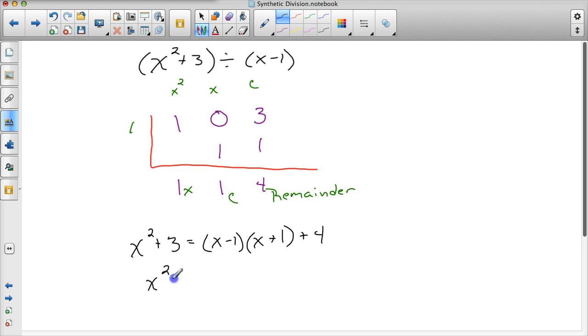I drop my x squared plus 3. That's not changing. If I remember that x minus 1 times x plus 1 are conjugate pairs, they form the difference of two squares. So when I multiply them together, I get x squared minus 1. Then I have plus 4. When I simplify what I have on my right side, I have x squared minus 1 plus 4, which is x squared plus 3. I do have the same thing on both sides of my equal sign, so I know that I